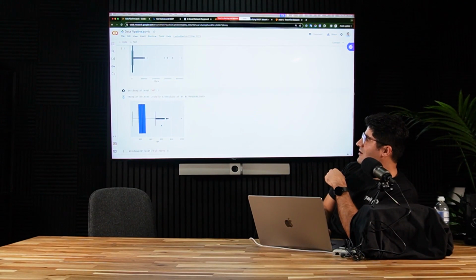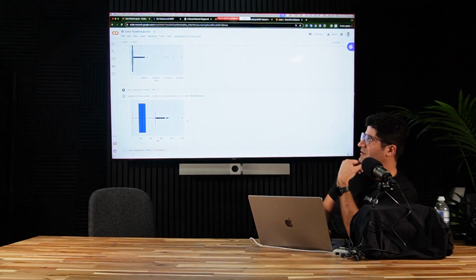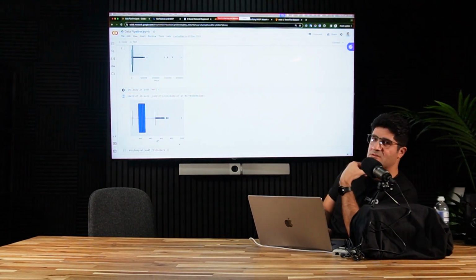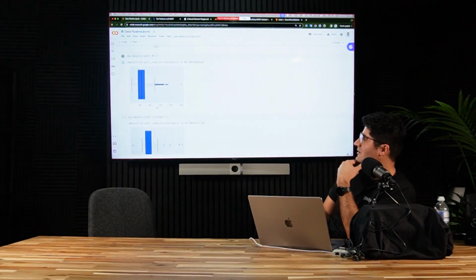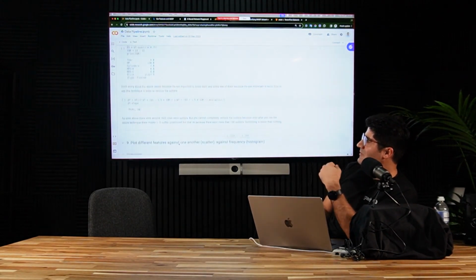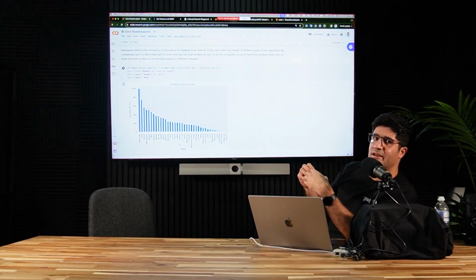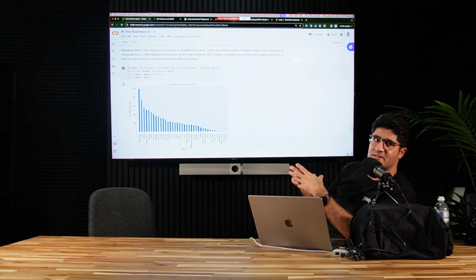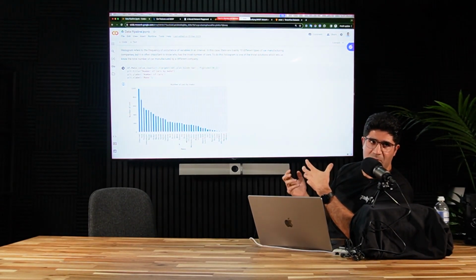Or there are cars with, for example, 1,000 horsepower, which is not very realistic, so we need to drop that one. And so on, or the number of cylinders. When we have cleaned the data, we can run the exploratory data analysis to see some basic insight about our data.